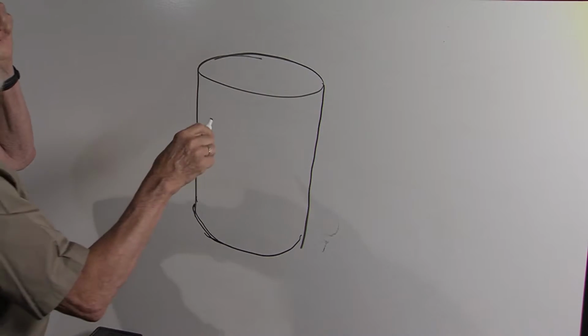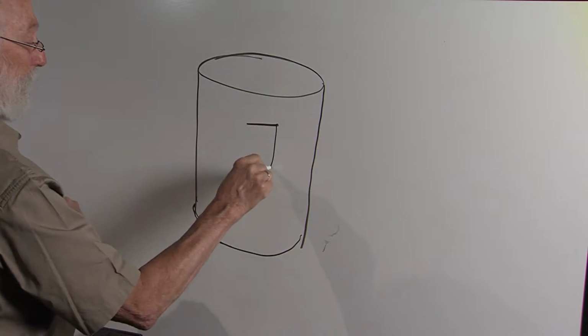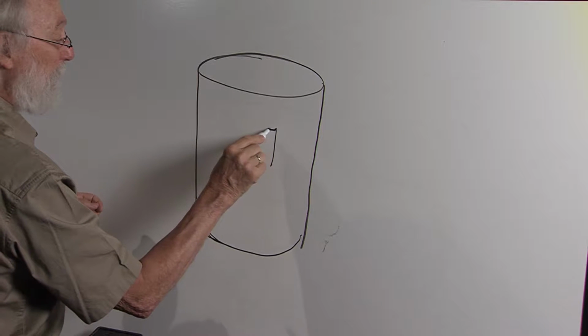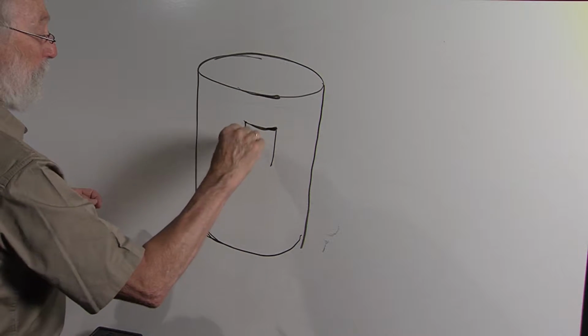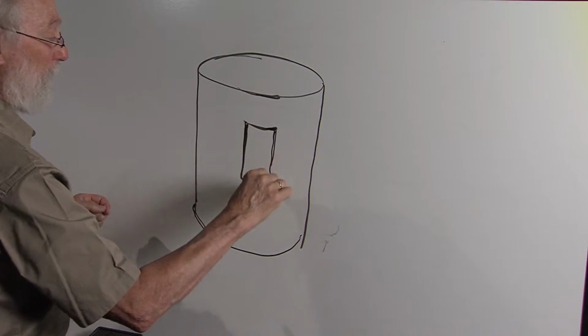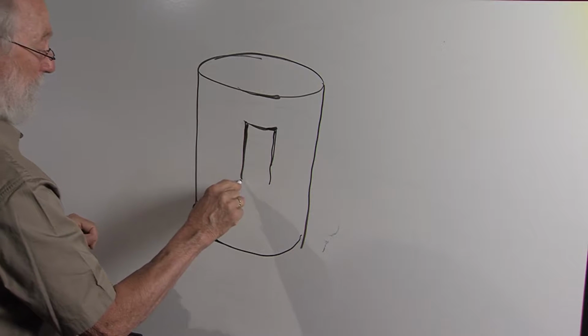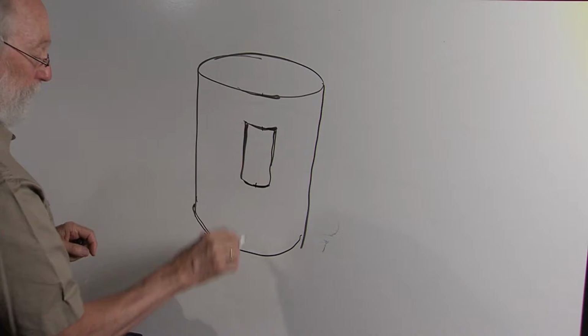And say we want to put square windows on here. We can't just do square windows like that. The top has to curve like this line curves for a window to look right on that plane, because this is coming out like this at you, right? And so these two lines would curve just like those two.